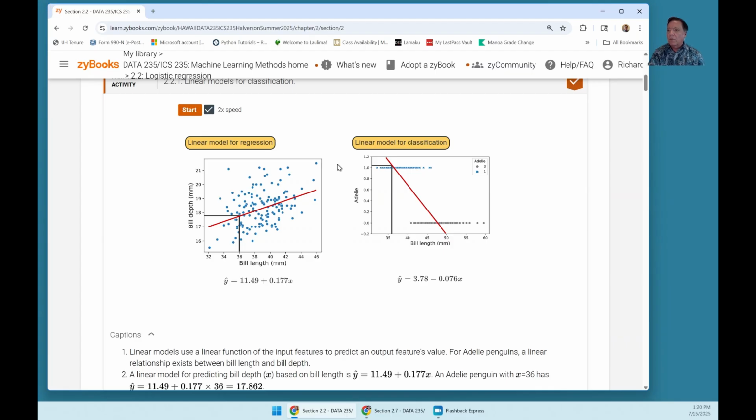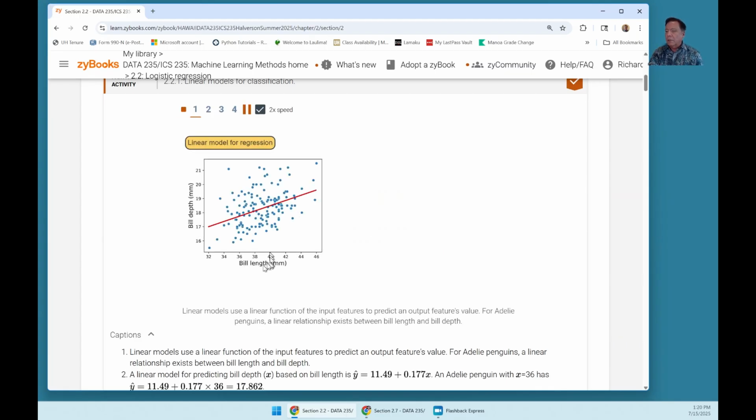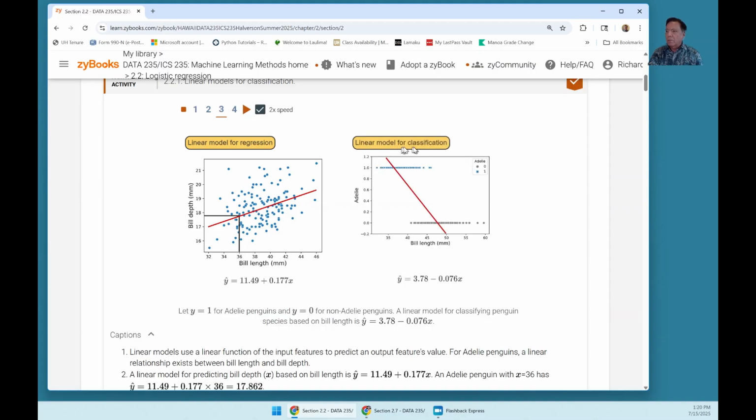So a linear model would predict bill depth from bill length. The equation looks like this. X is length, Y is depth. But for classification, for categorical data, let's say we're going to look at bill length, and we want to predict whether what we're looking at is an Adelaide penguin or not. So we look at a bunch of data, and we have a bunch of Adelaide penguins up here on top,